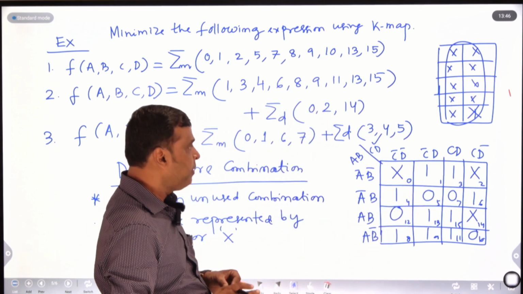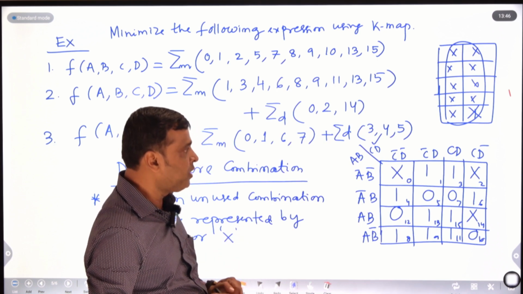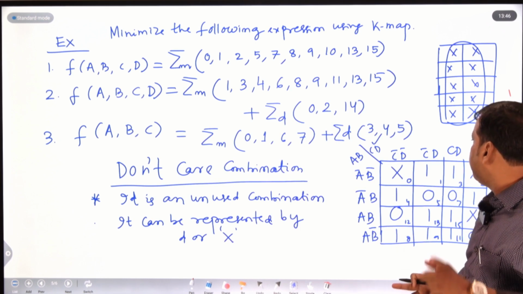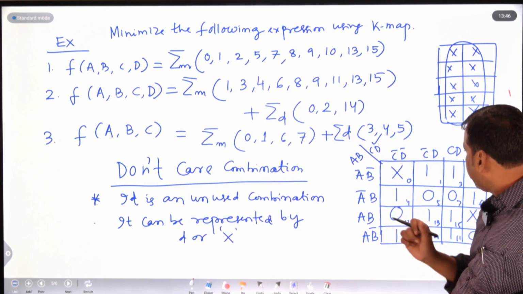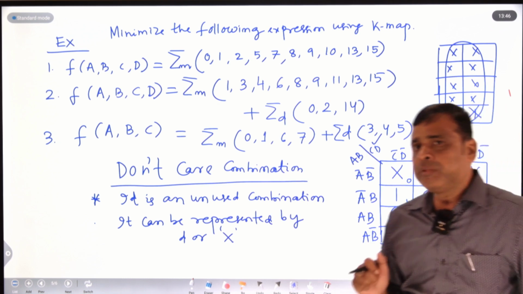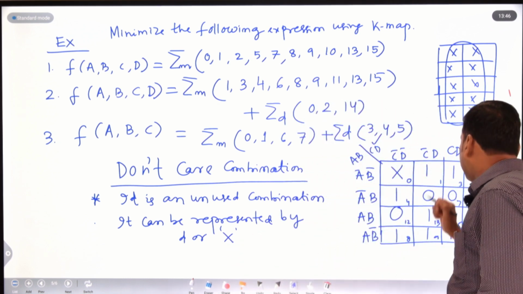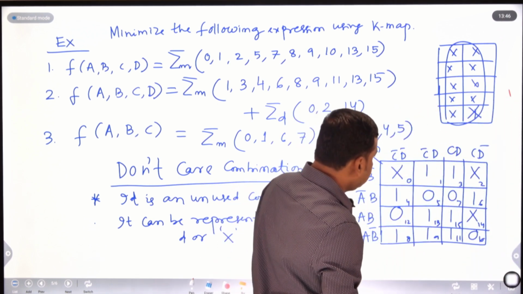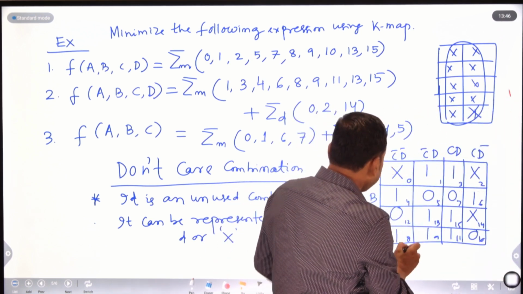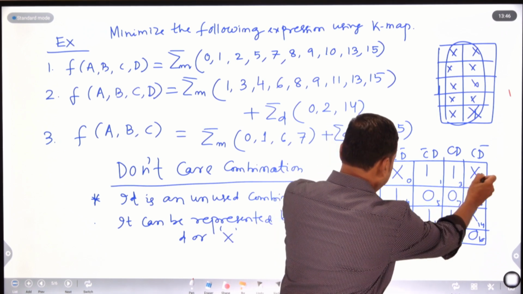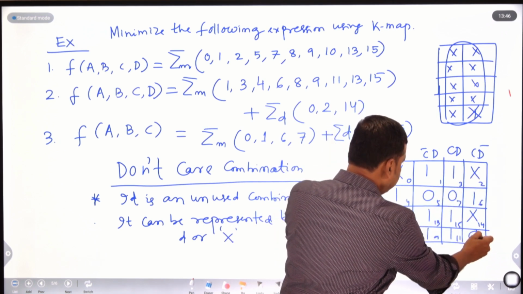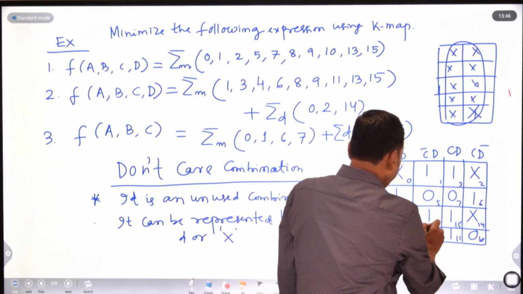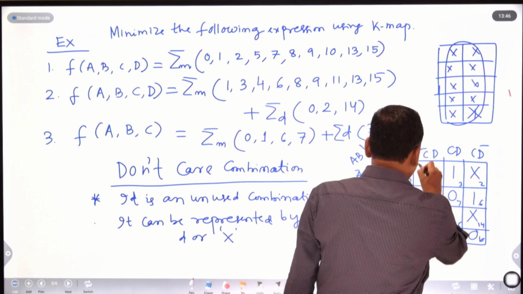Then we will combine the min terms along with the don't cares. It is not compulsory that every group has min terms or don't cares. We can form a group with min terms, or we can form one with min terms and don't cares. So don't care helps to form a large group here. So you look at this here. This one, if I combine this don't care 2, there is no adjacent 1 or 0, so you just leave it, and I can form a group like this.